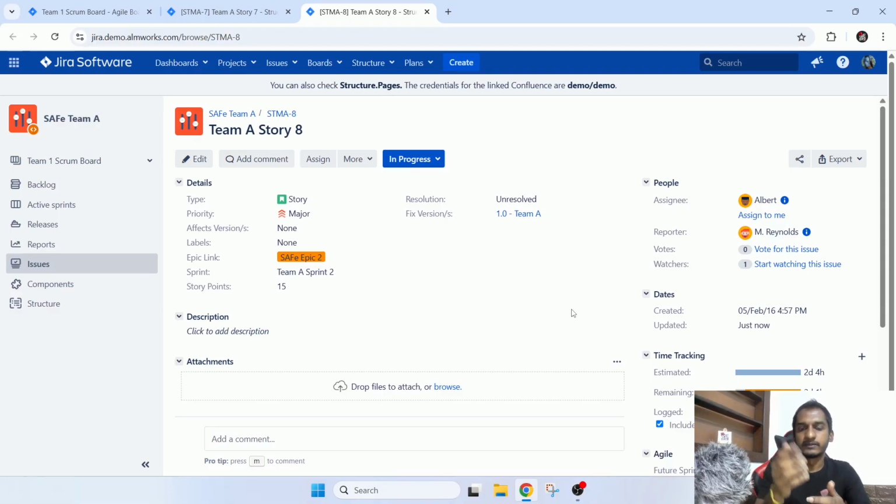But let's say one person gave 8 story points, and another gave 3 story points. There's a huge difference. Why 3 and 8? So we need to ask why you gave 3. He will give his idea, like, because of this I thought this is a 3. Then the other person will say, because of these ideas I gave an 8. Now again we can discuss. Maybe we missed something, and the person who gave 8 has identified some corner cases that the others didn't. So now we can brainstorm again, vote again, and then